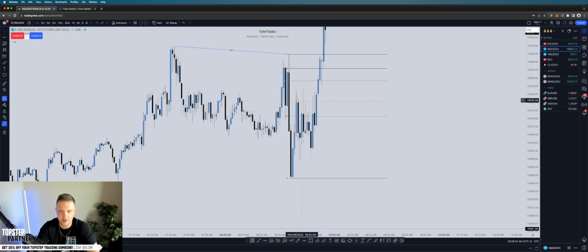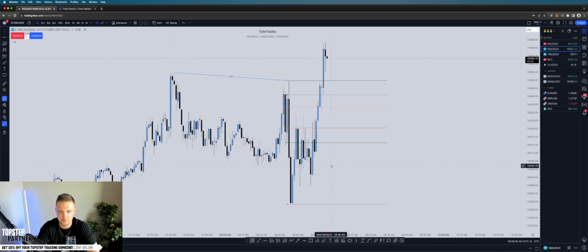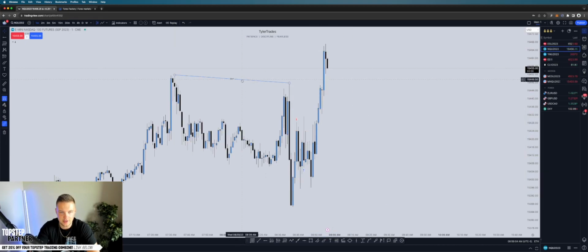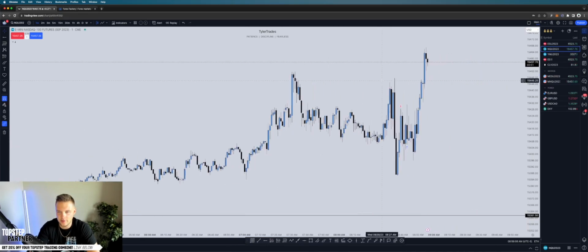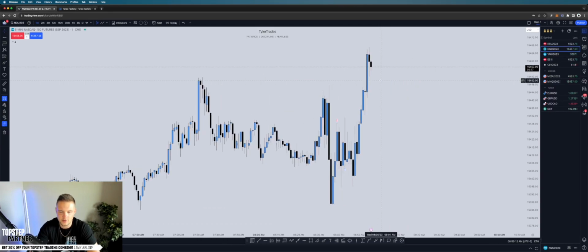And obviously it panned out. A little scary at first because it came in, went back in profit, but ultimately this gap just continued to hold. And now we see price pushing up to new highs, and there's no longer this SMT present. So that was the thought process behind that. It was lighter risk anyway.